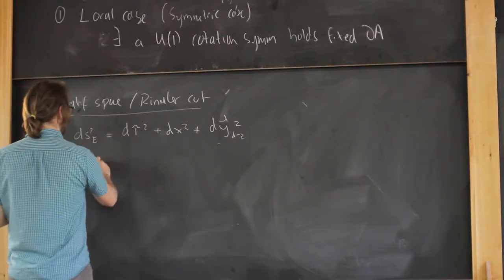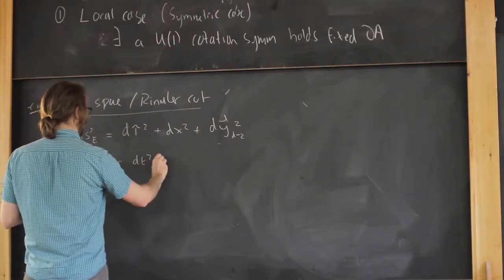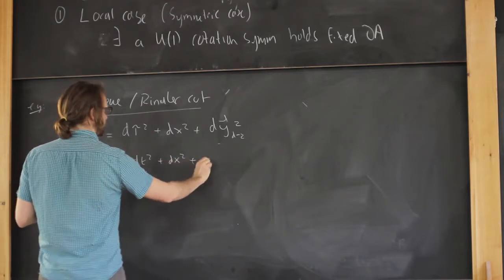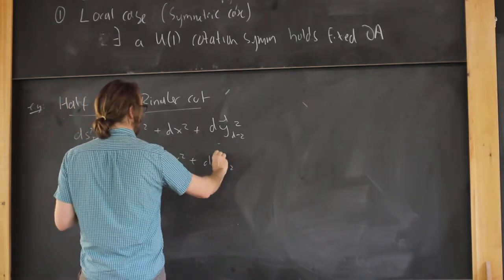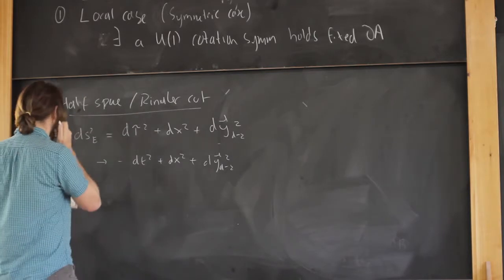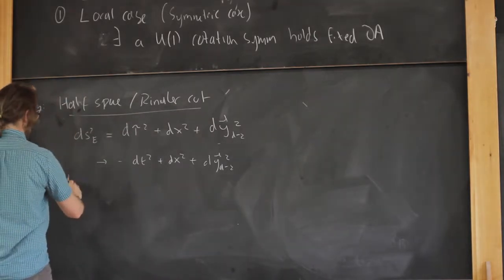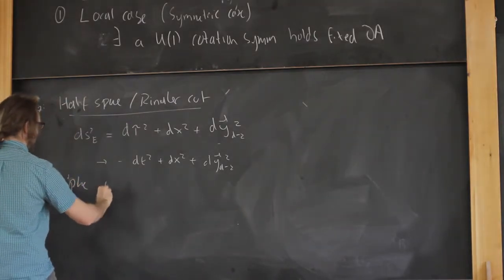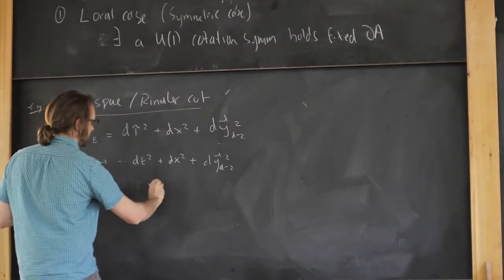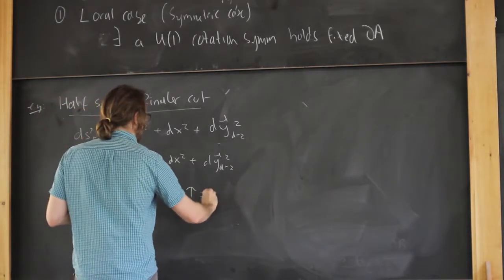And then you can Wick rotate this to real time, you just get this. But if I replace the region A with x bigger than 0, tau is 0,